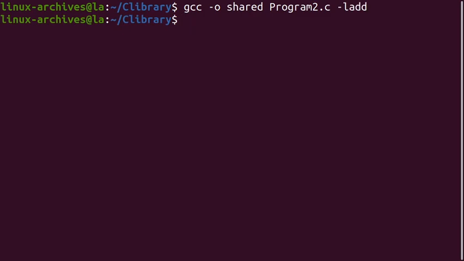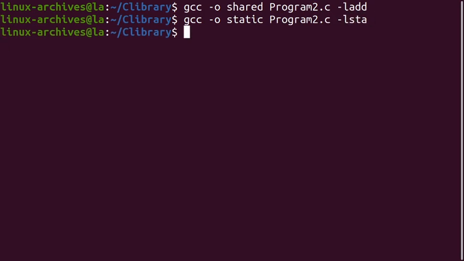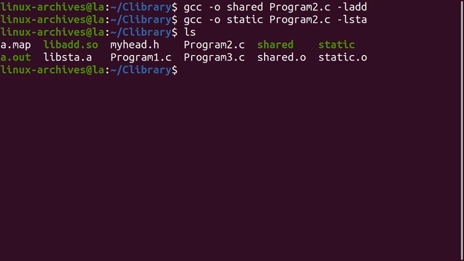This is the shared object library executable file. Similarly, we will create a static one. As you can see, there are two executable files, the shared object and the static object.